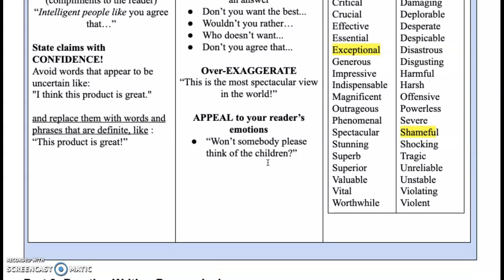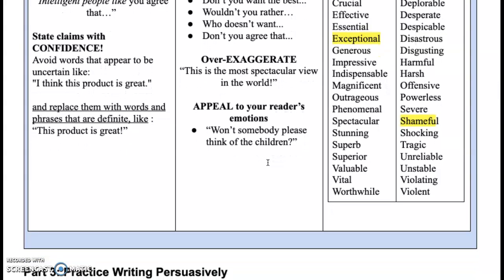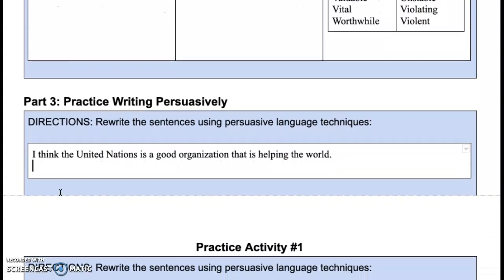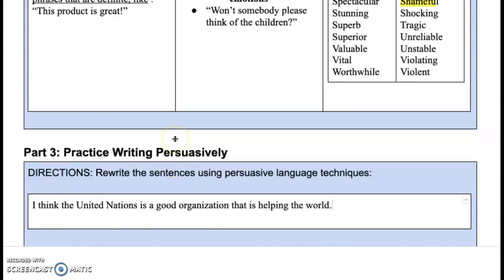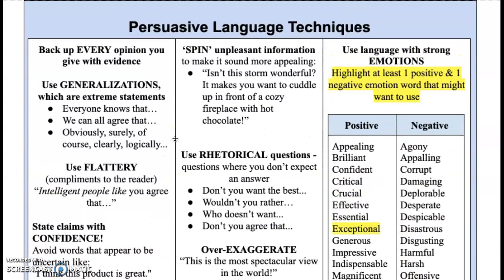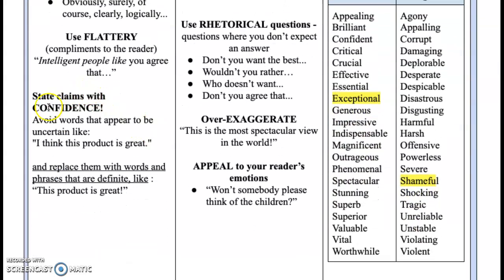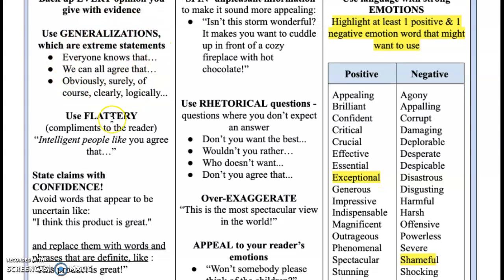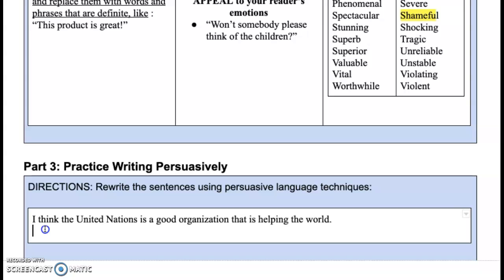So now we're going to come down to this practice, writing persuasively. Okay, so the directions are rewrite the sentence using persuasive language techniques. Our sentence we're rewriting is, I think the United Nations is a good organization that is helping the world. Now, using some of these persuasive language techniques, one technique I saw here was to state claims with confidence. So I'm going to drop that I think, and then I'm going to add some sort of generalization to make it sound more persuasive. So I will say,